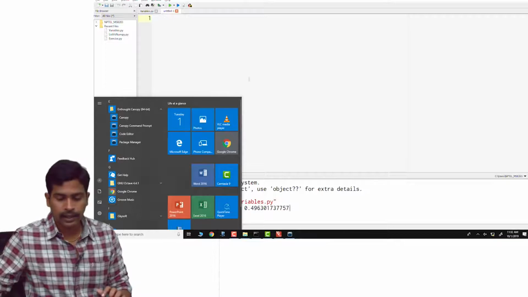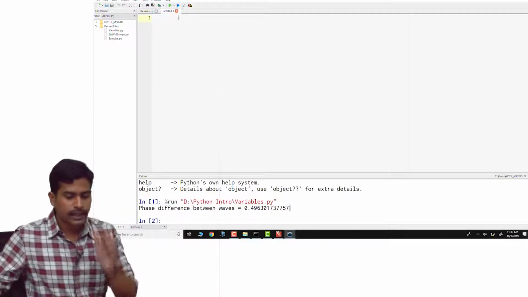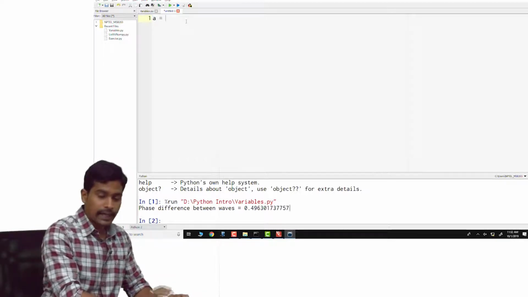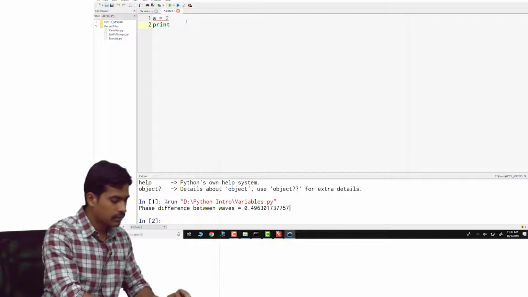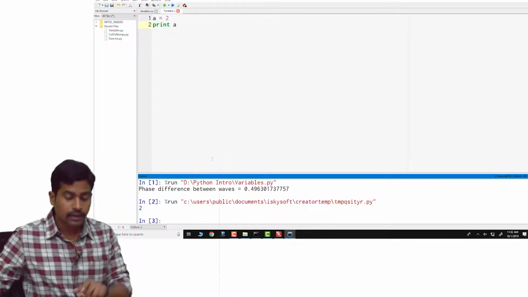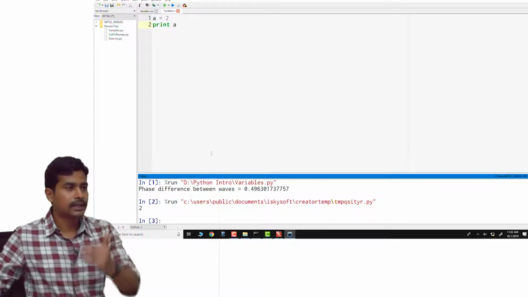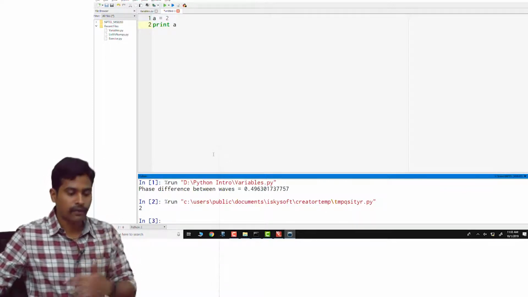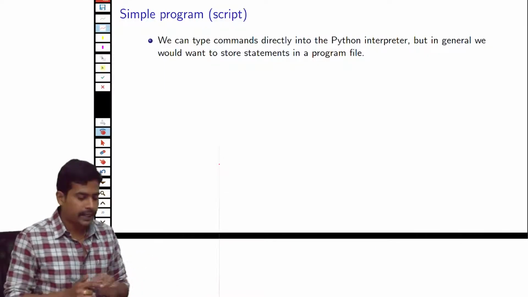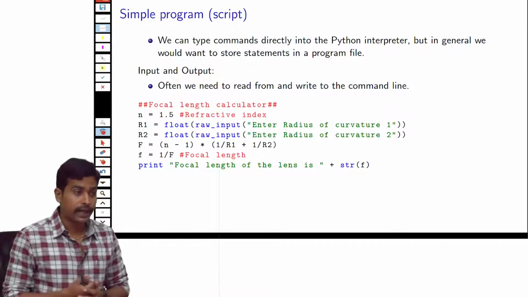When you open it, it will look like this. So here you can start writing your programs. For example, I will write a simple program. When I execute it, all the statements in this file will be executed one after another. Now let us go back and see the simple program that we want to write.